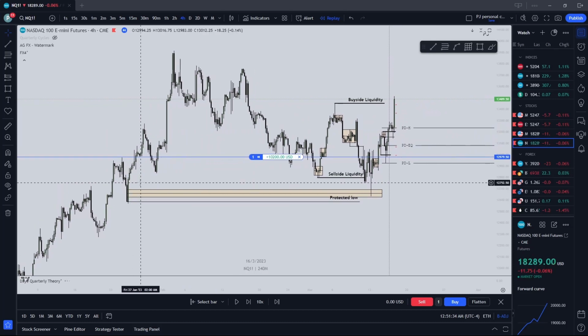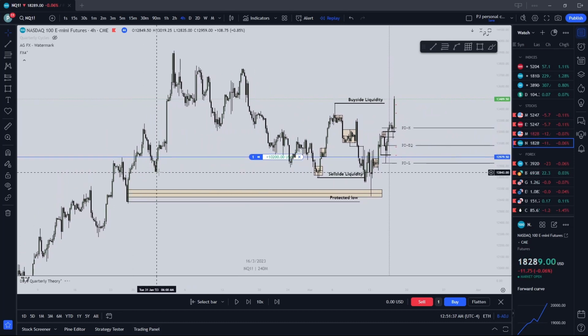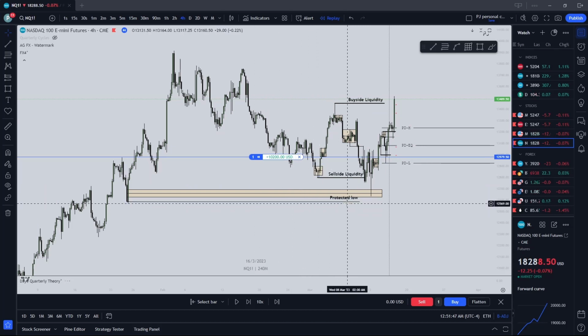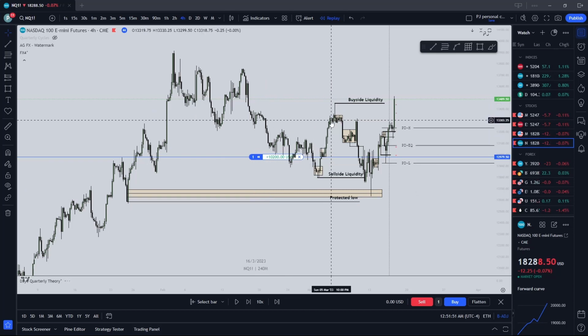The low is still protected because after we sweep this low, we engineer more liquidity with this weak little low, then deliver. This is tripping everybody out, because you sweep the low and it's like, oh, it's going to break lower. It should break lower to this low, right? But then we fake everybody out, and now everybody's past this high, and we're like, oh, it should go to